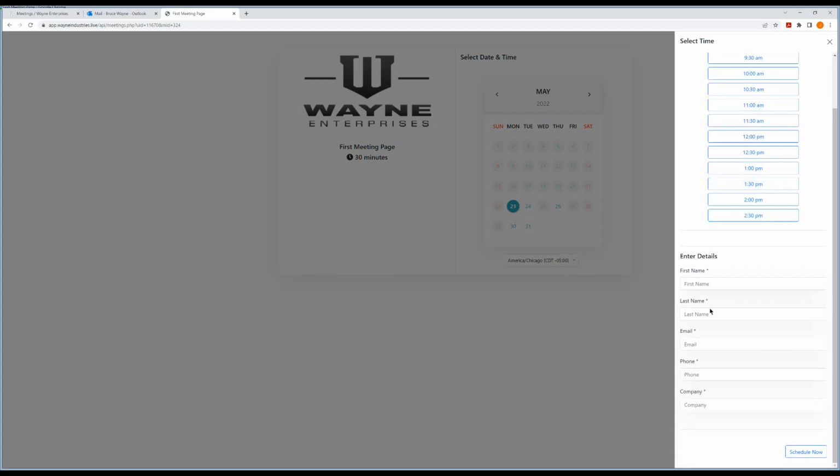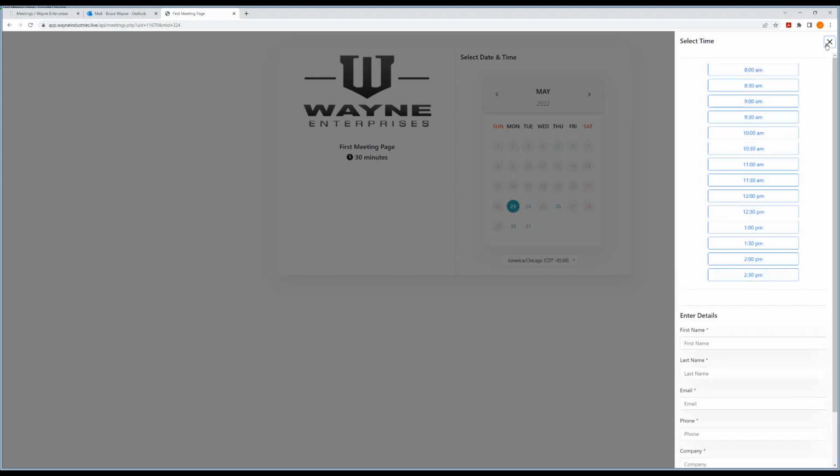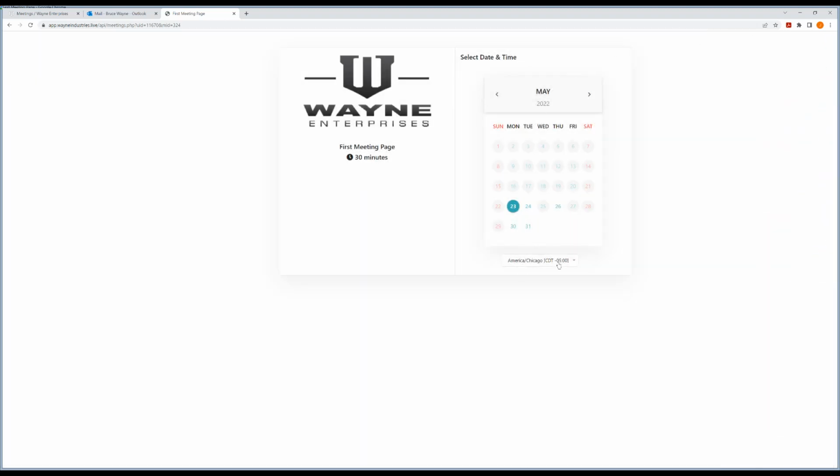And of course, that data form to fill out to pull the lead data in. So one thing here: the prospect or lead who's coming to your meeting page can come in here and change their time zone. It defaults to the time zone that you've set, obviously, but they can change it. It'll do all the offsets and everything that is needed when they schedule, as well as change the times